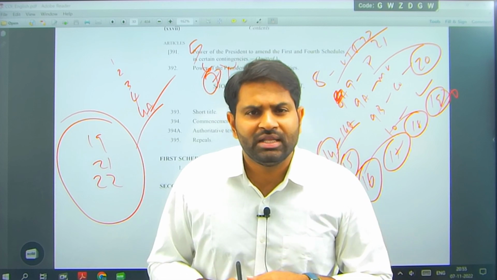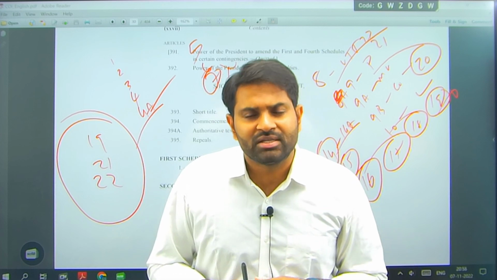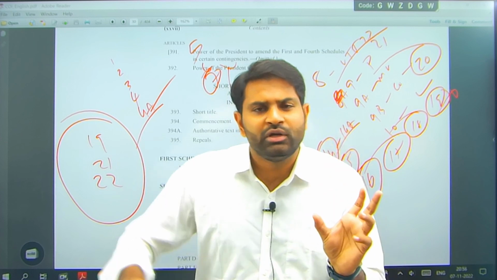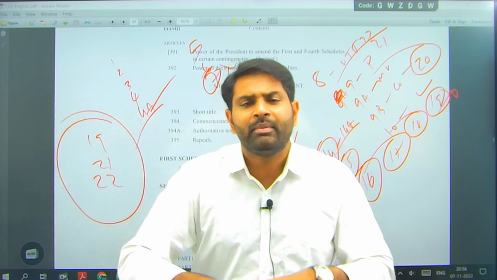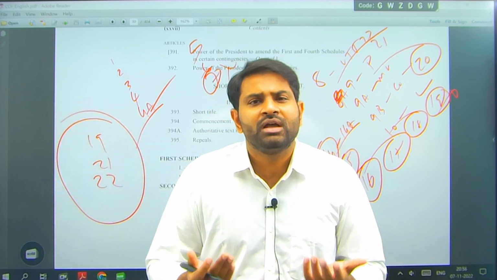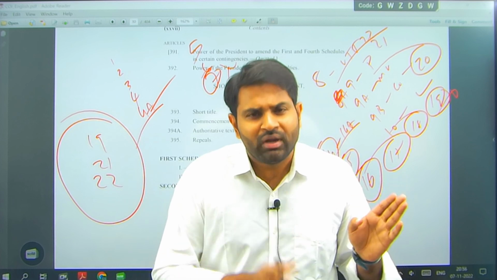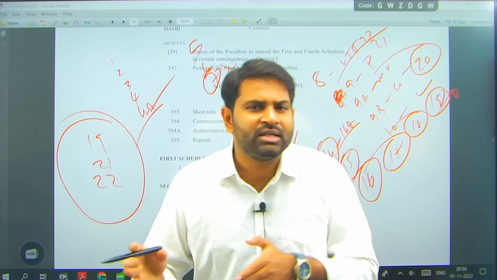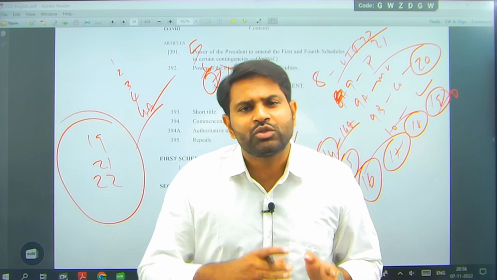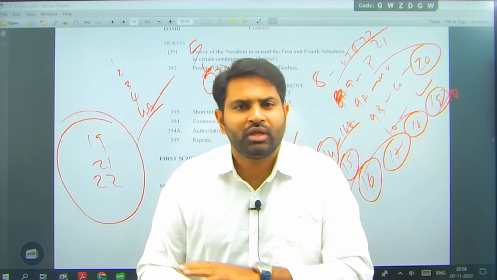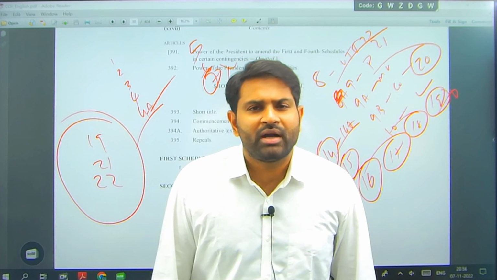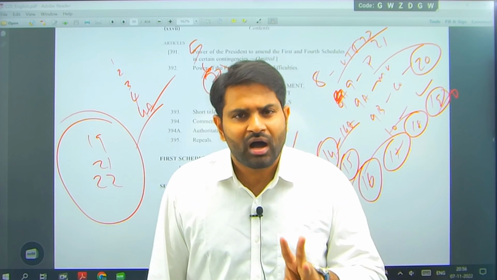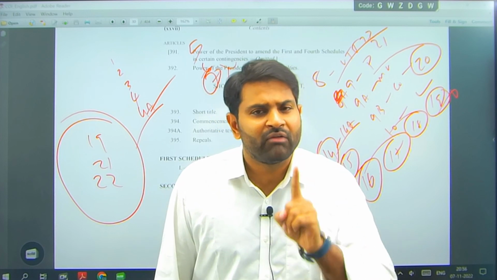Then comes 17th, which is official languages. Then comes 18th, you need to remember number 108, emergency provisions. Then comes 19th, irrelevant. 20th part of the Constitution, amendment to the Constitution, a very important article is there, 368. Next one, 21, 22, ignore. So these are the parts. We ignored only 3 parts, all else we remember. We need to remember and we need to code.